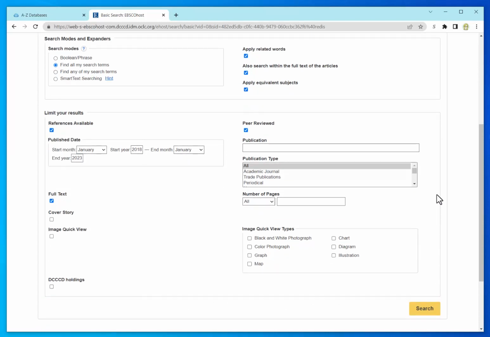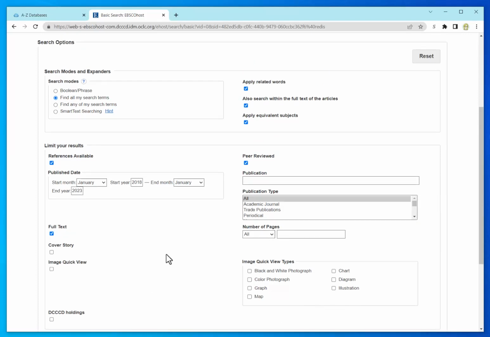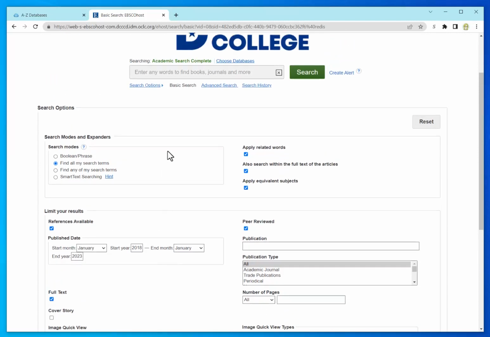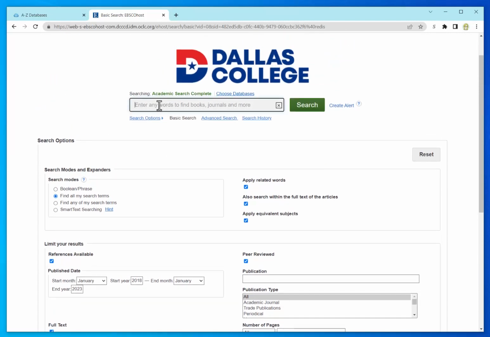You don't have to check anything else here. Everything else is the way it should be. So make those two changes. And then let's talk about